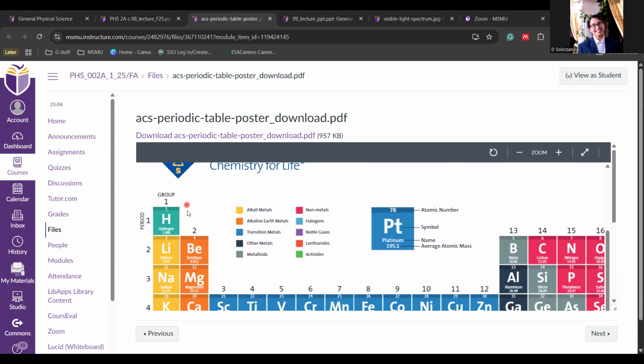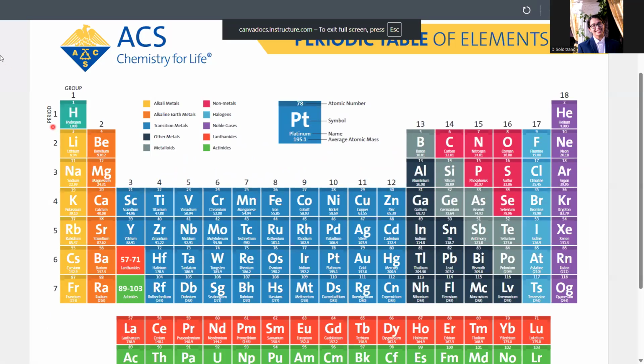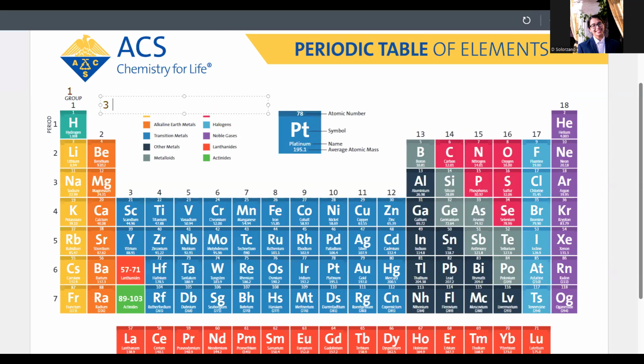Because basically, as you step over, at least skipping over the d orbitals, it's one valence electron, two valence electrons, then your full s orbital, but it's not held tightly. Then your p orbitals: three valence electrons, four valence electrons, five, six, seven, etc. You can even label the top if you wanted to: 1, 2, 3, 4, 5, 6, 7, and then finally 8, which is where they want to be.